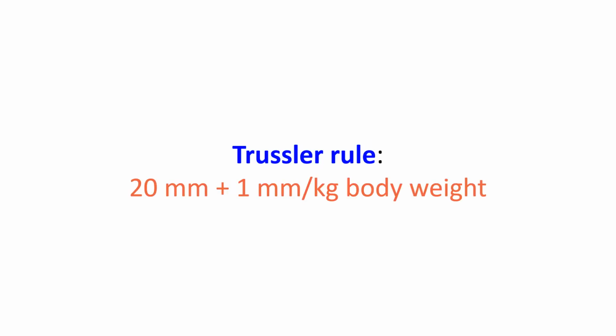Balloon expandable pulmonary artery bands are also there, which can be deployed and balloon expanded at a later date when needed as the baby grows up. Circumference of the band can be calculated according to the Trussler rule, 20 mm plus 1 mm per kg body